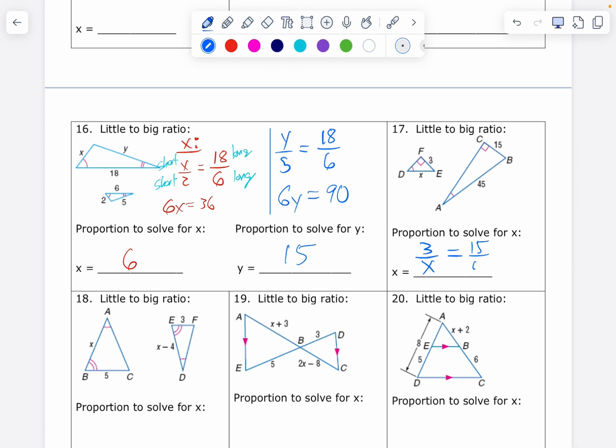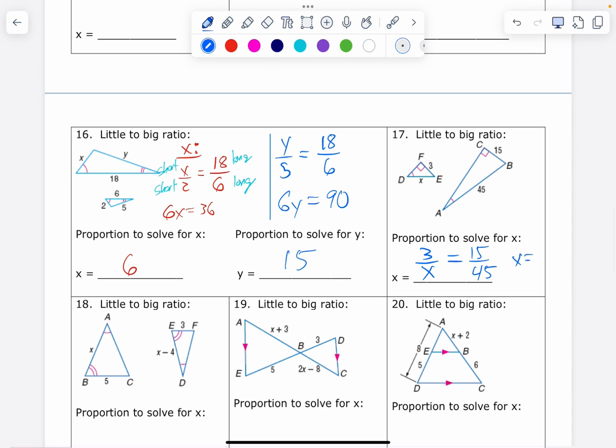Good. 15 to 45. Okay, if we were going to describe this, maybe we would say like short to long in one figure now instead of across figures. Okay, if you went 3 to 15, that's short to short. I'm doing short to long. Does it matter? No? Okay, so this is